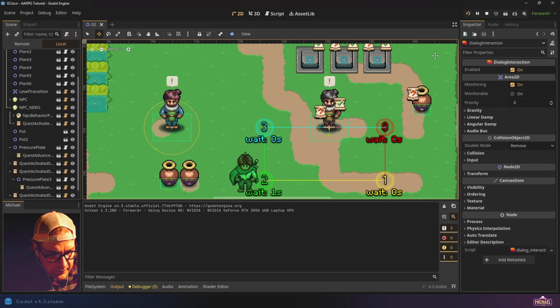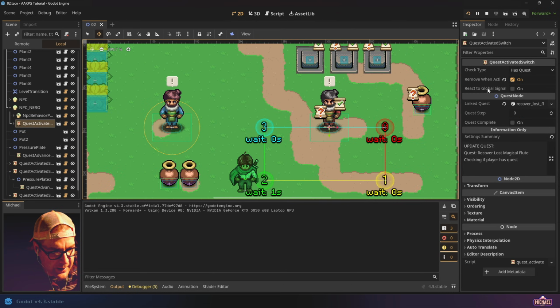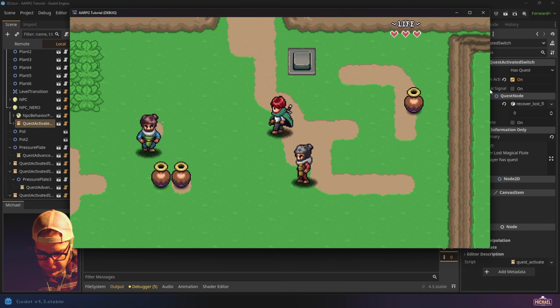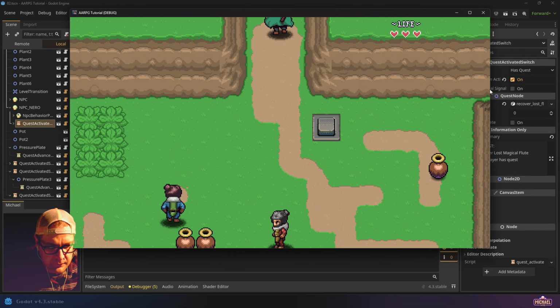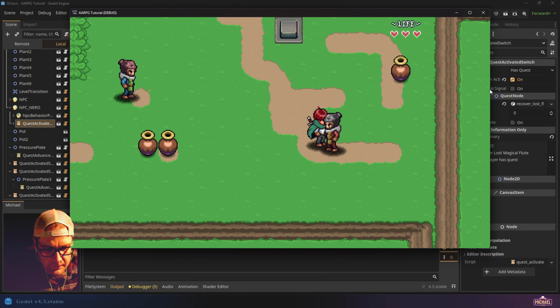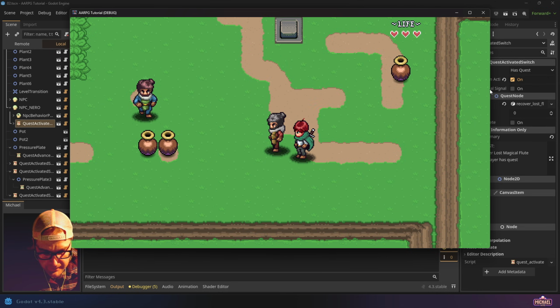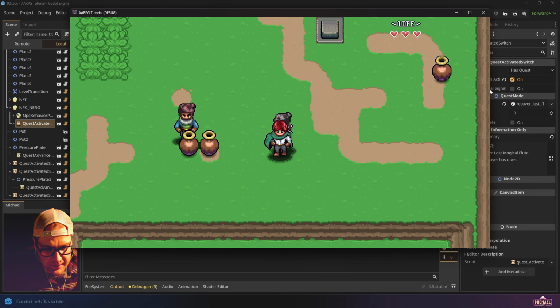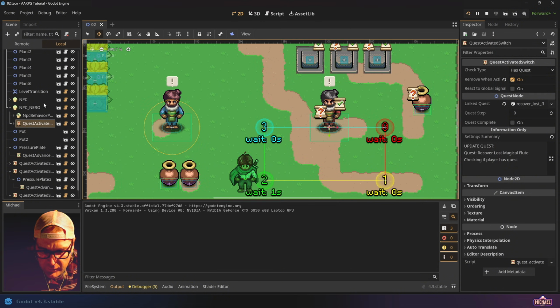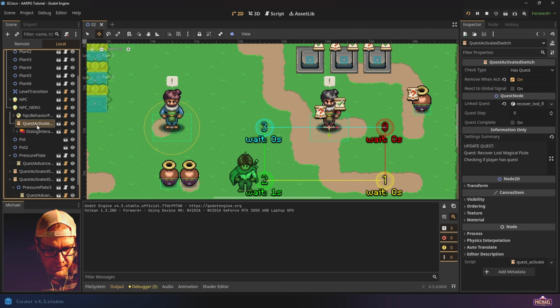Just real quick, there is a setting on these quest activated switches to react to the global signal. Since I didn't check that, what that means is this script won't update until the level loads again. Okay. So let me just leave the scene and come back and test that. And then we'll change that one to react to the global signal. So yeah, now I can't talk to him. You see, I don't have a prompt because this node has been deactivated